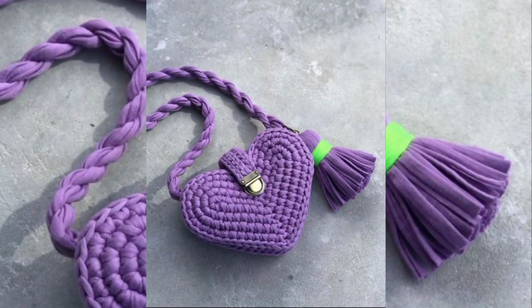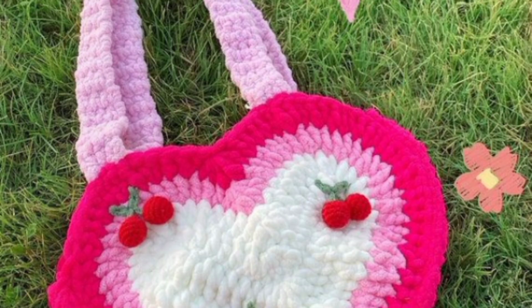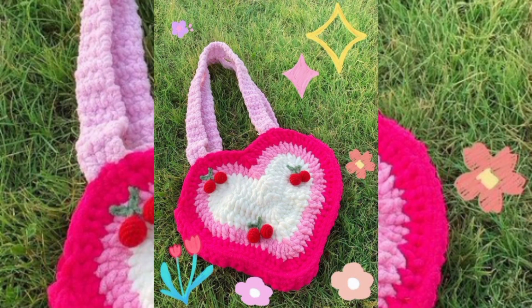Remember to sketch out your design and plan the construction process before starting. Consider using graph paper or